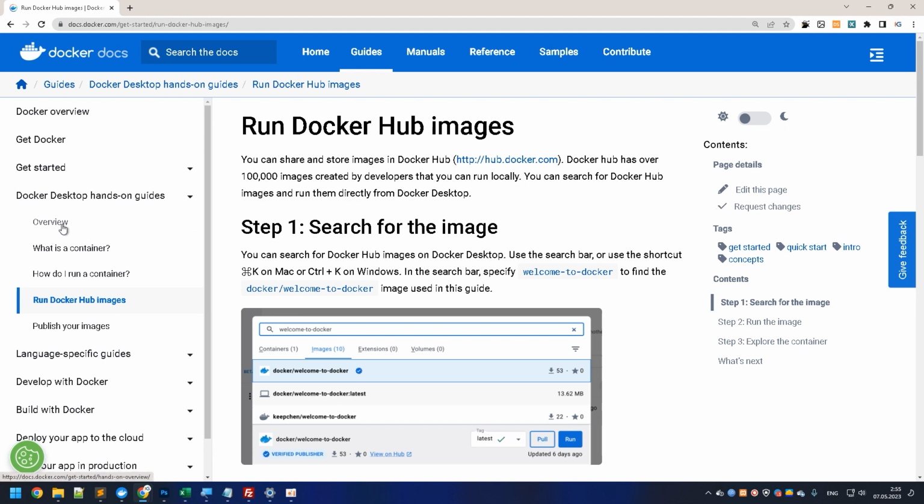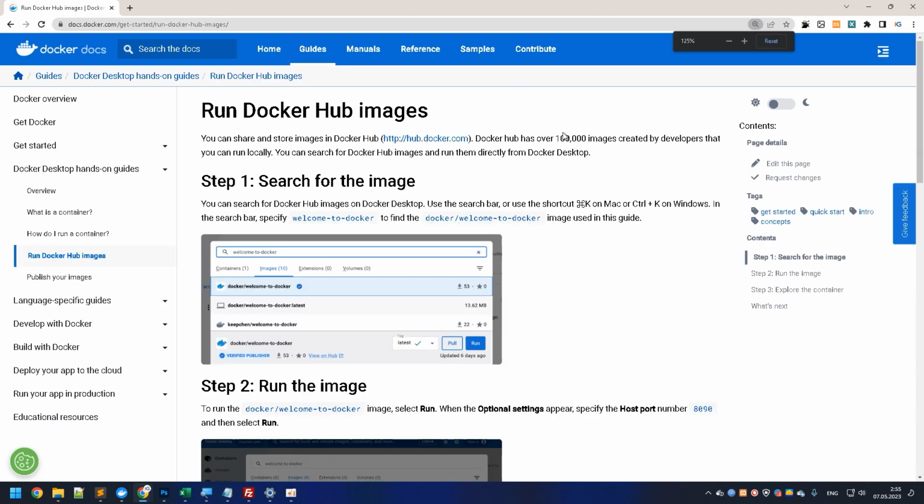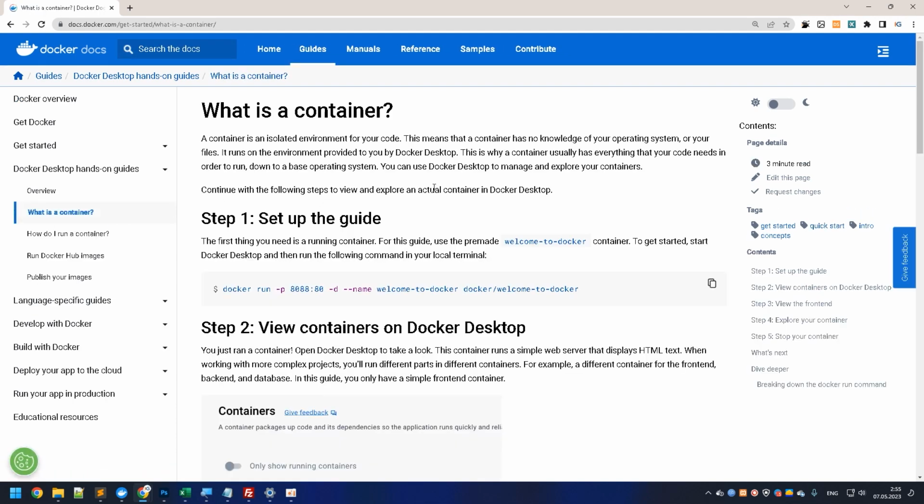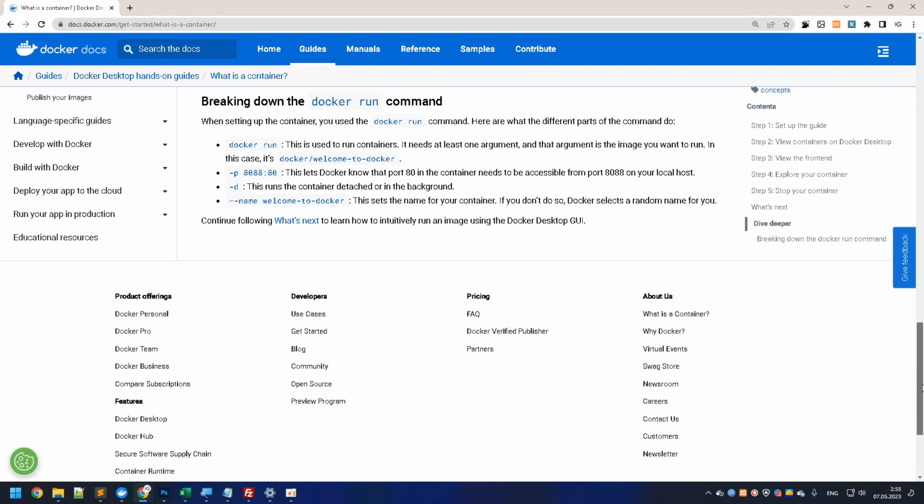So here on the left side of the window, I've just zoomed in a little bit so you can see clearly. Well, just have a look at this. It took me about 5 minutes to go through all of these sections. When I looked at this page, I thought it would be longer than I expected. There's only a few paragraphs in here.